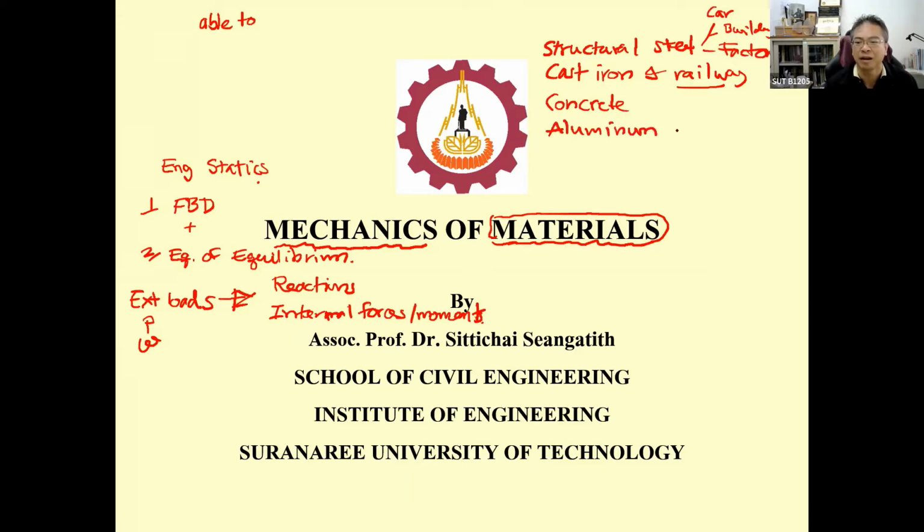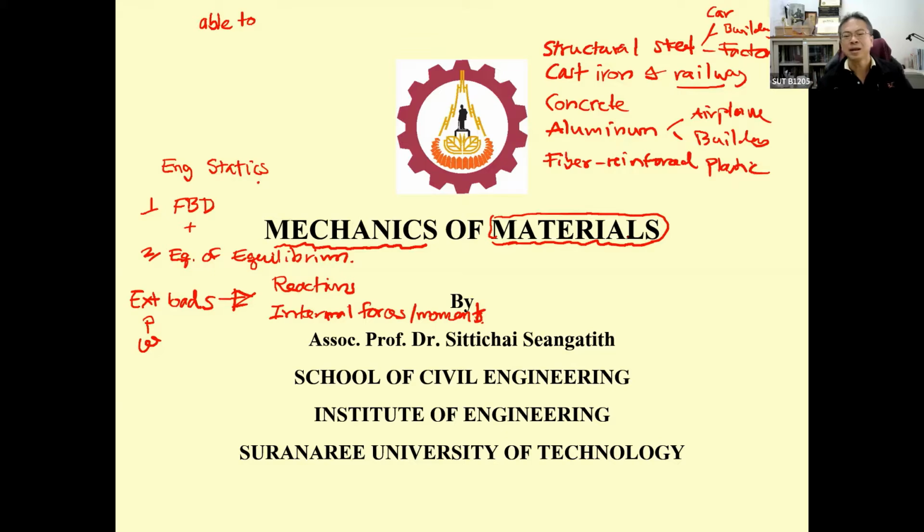Aluminum is used a lot in the airplane, okay, and it's also used in some buildings. There are a lot of things, including the recent development of fiber reinforced plastic, okay, and that means the material involves a lot of things, but most of the material is